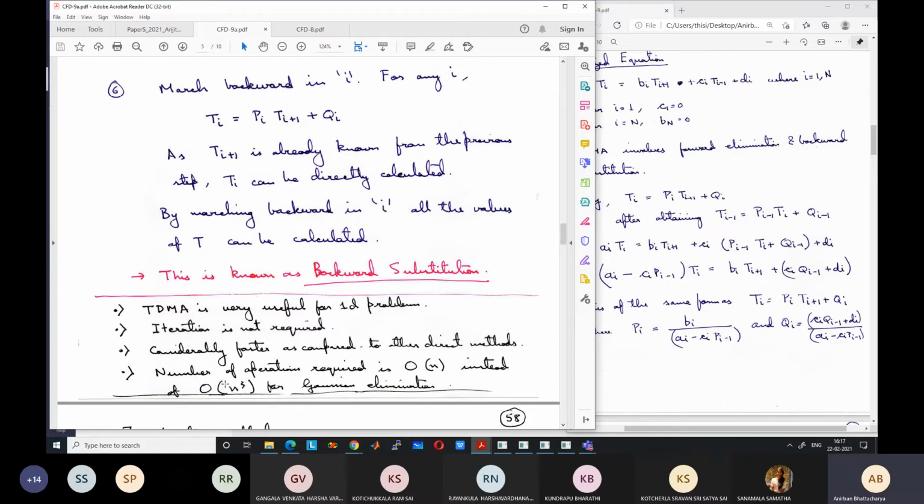For 100 grid points, say the number of operations is 500. What will be the number of operations for 1000 grid points? 5 into